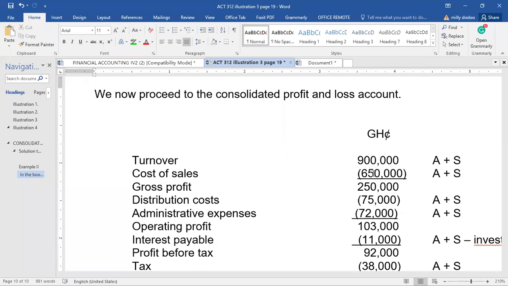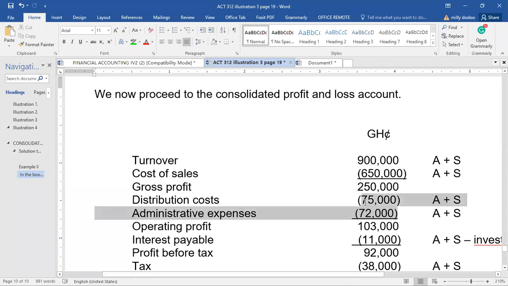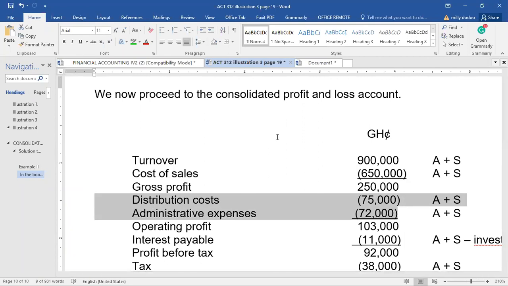72,000. And so therefore, my operating profit is going to be 103,000. Why 103,000? Because I less my administrative costs and distribution costs from gross profit. So anytime you less administration and distribution costs from gross profit, you get what you call the operating profit, which others call earnings,